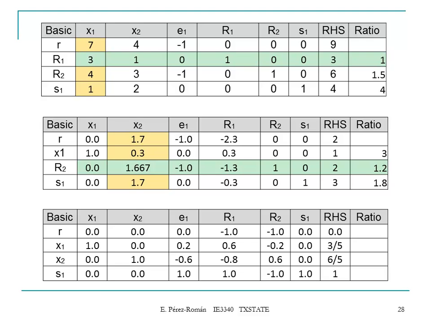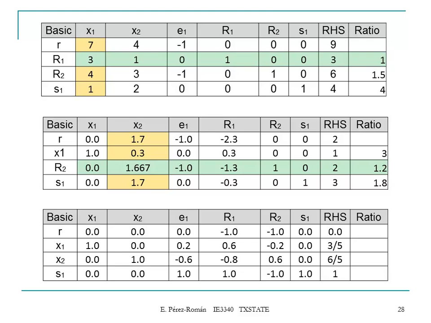You're going to enter the most positive value because you're minimizing, and you find the variable that is going to leave using the minimum ratio. So you're going to pivot here, and from there you're going to get this new tableau, and you perform the same operations until you get to this point, which is the optimal tableau for the